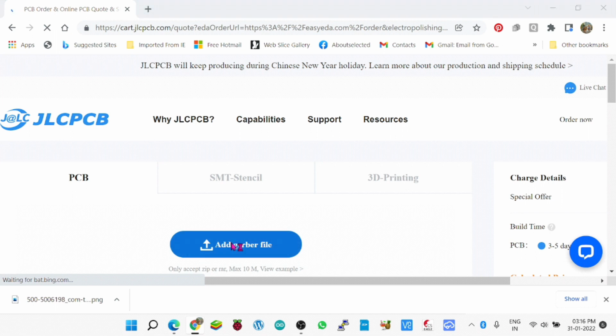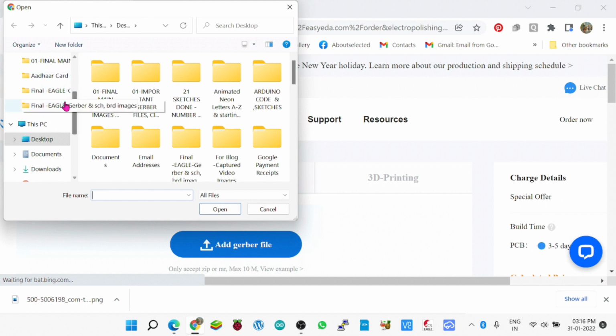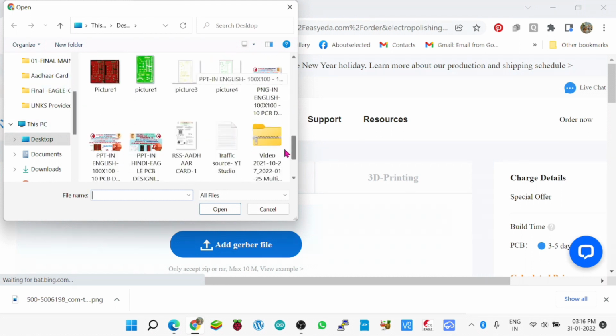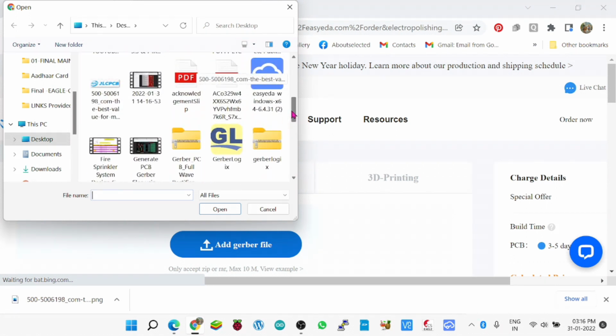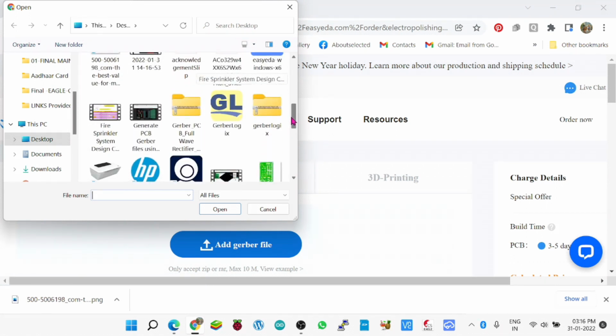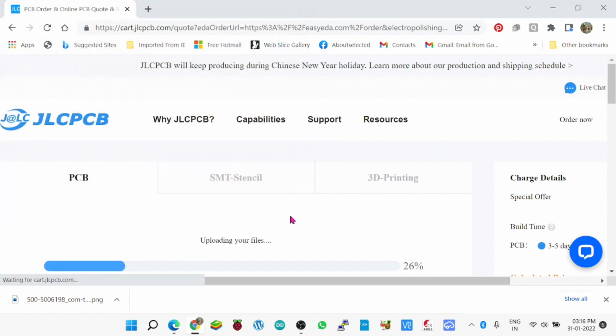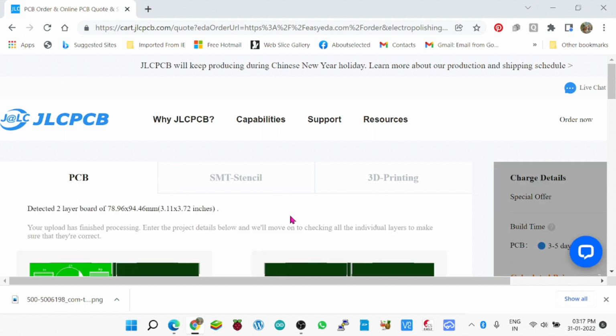So select it and add it from our desktop. Now this PCB will be panelized because we have done it before in EasyEDA. Otherwise, if you forget to panelize this PCB in EasyEDA, you can panelize it in the JLCPCB site also. After downloading, I will show you from where you can panelize it if you forget to panelize it